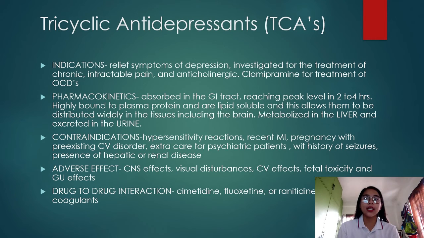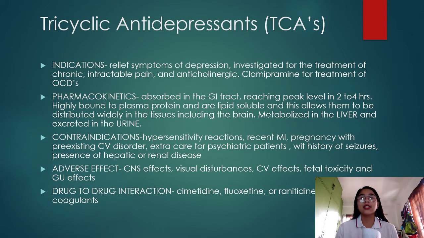So, its pharmacokinetics: it is absorbed in the GI tract, metabolized in the liver, and excreted in the urine. It reaches peak level in 2 to 4 hours. It is highly bound to plasma protein and is lipid soluble, which allows it to be distributed widely in the tissues. For its contraindications, we look for hypersensitivity reactions, recent myocardial infarction, or pregnancy